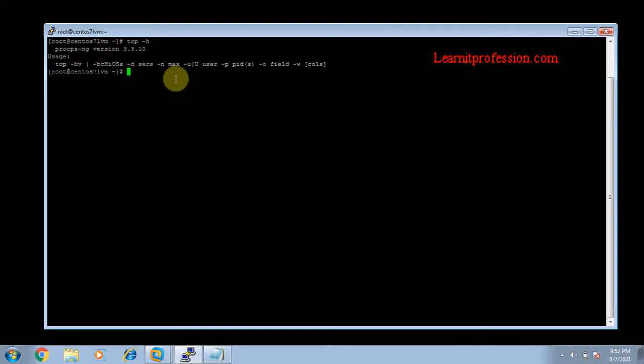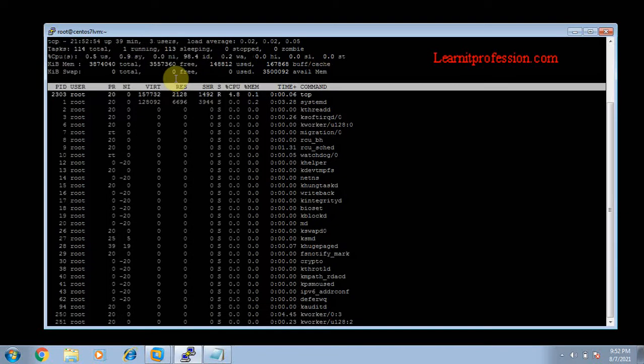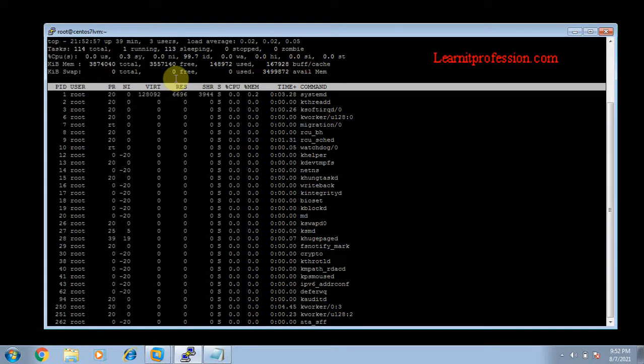Here I am giving you a little demonstration of what the top command is, and how you use the top command for simple administration to monitor processes, real-time running processes. Just type the command top. Okay, this is the simple view when you type top and hit enter.